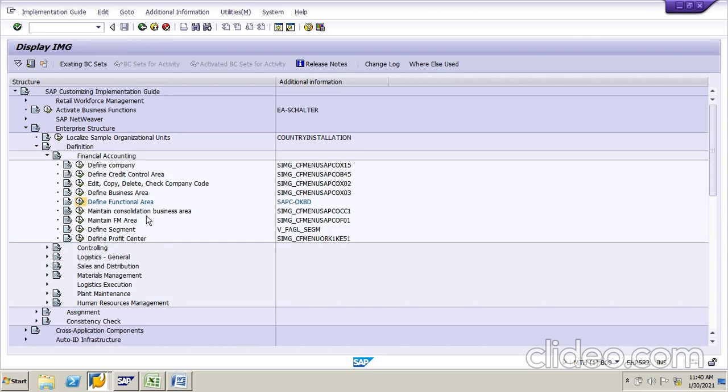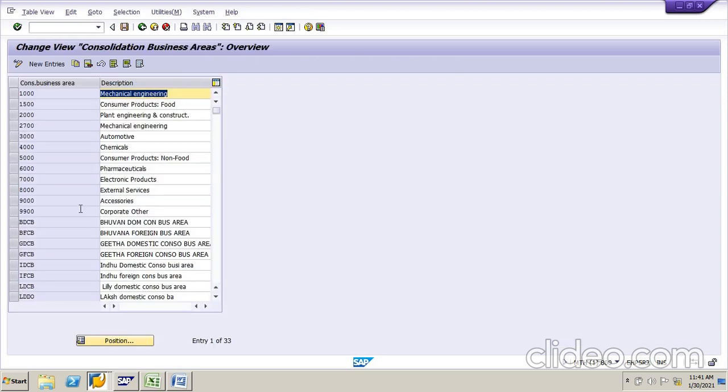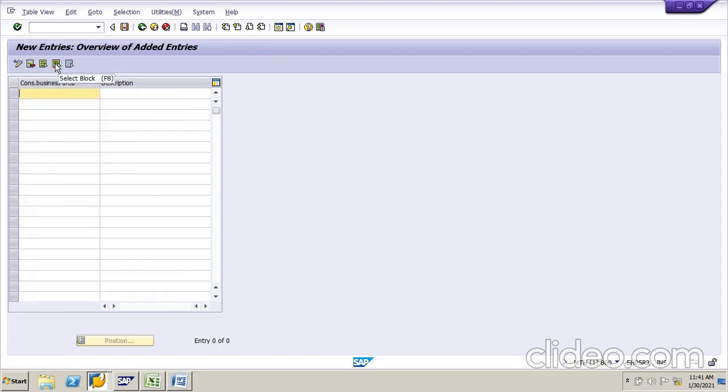Next one is maintain consolidated business area. Consolidated business area means, suppose you have business areas in India and you have business areas in the US. So we have to consolidate our business areas. Just click on business area. We have only one business area, India only, so I'm creating only one.